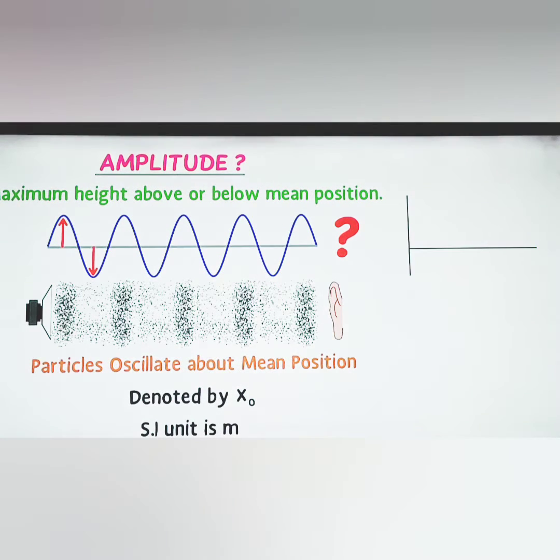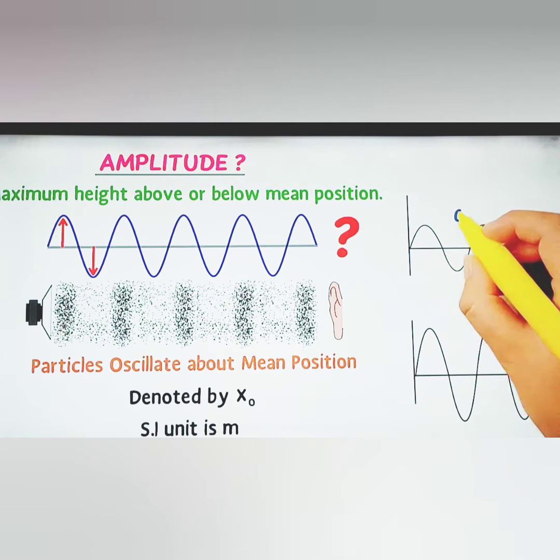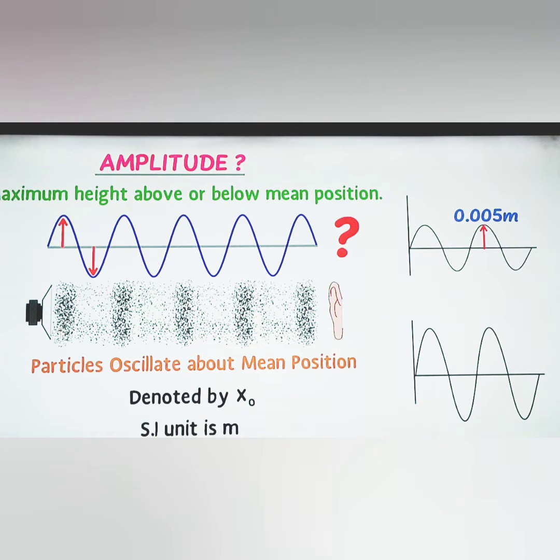Now I am going to show you the way of calculating amplitude. Considering these two waves, now I should measure the distance or length of the peak point from the mean position using a ruler or any measuring device. For example, when I measured the length of this peak point from the mean position, suppose it was 0.005 meter. So the amplitude of this wave is x0 equal to